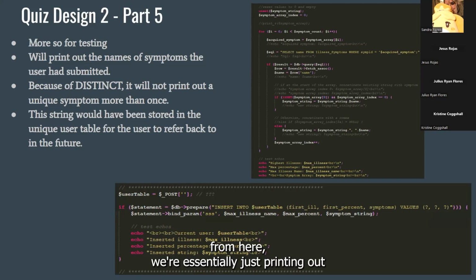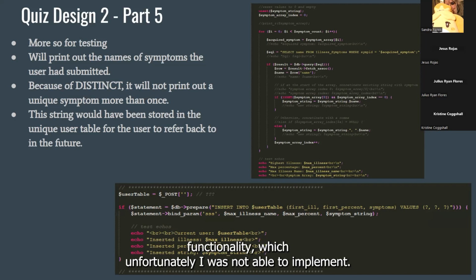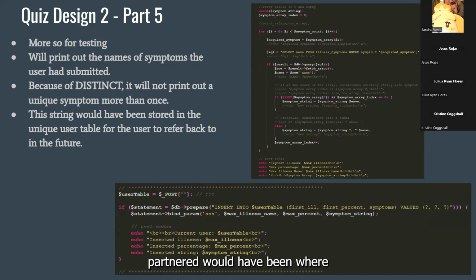From here, we're essentially just printing out the names of the symptoms that the user had. This particular slide was going to be used for the history functionality, which unfortunately I was not able to implement. So essentially, what would have happened if we were able to get this functionality to work would have been